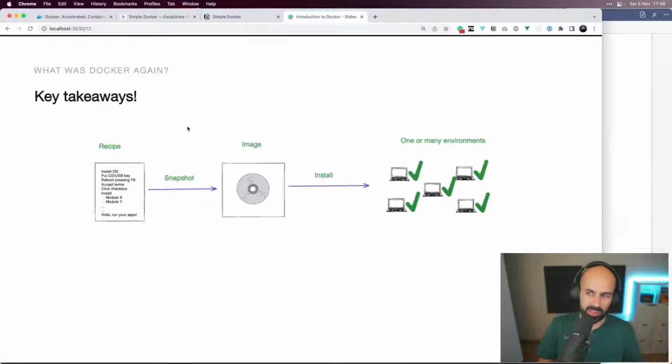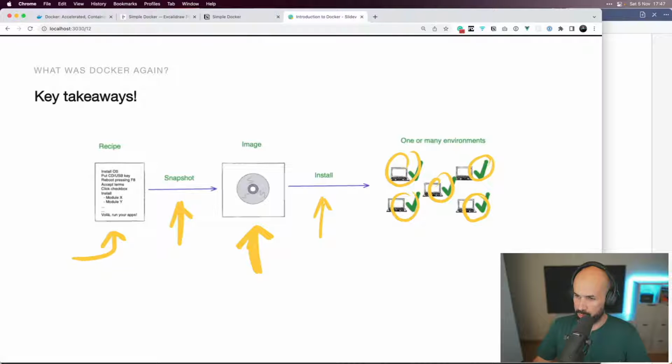This is not the real stuff happening in your computer. It's just to make a point that when we get a new computer from the store, we can make a bunch of steps, and this is the said recipe, and we can make a snapshot of the entire hard drive, right? And we get an image that we can then later install into one or more physical computers.